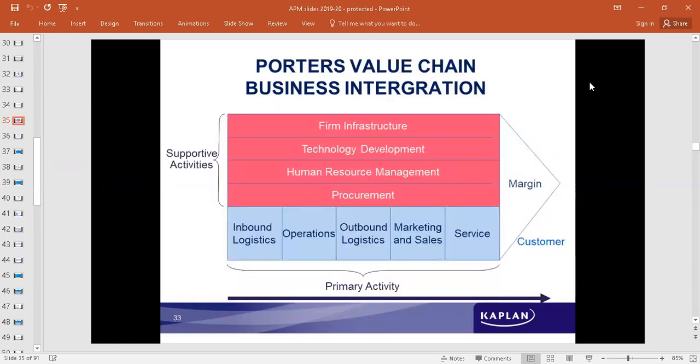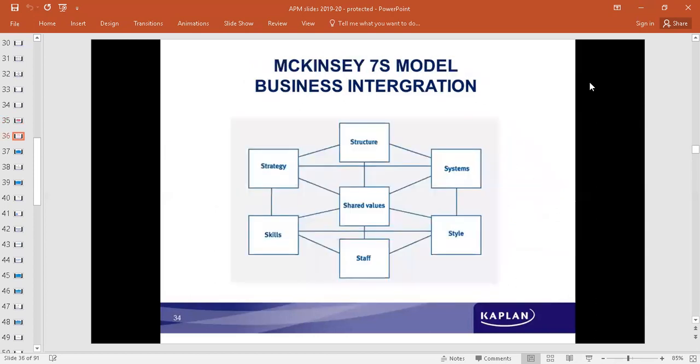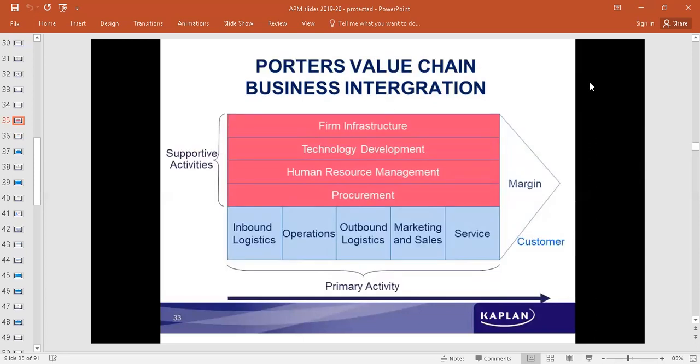I will explain both of them in today's class. It will not take a lot of time, very little time. But from the examination kit, this question is part of an essay question, a 50 marks case study. Maybe some other time we will take it up, but exclusively on the 7S model, there is one case study. We'll attempt to answer that one, at least read through it from the exam kit. Okay, I'll first explain what these models are. Business integration model given by Porter's value chain